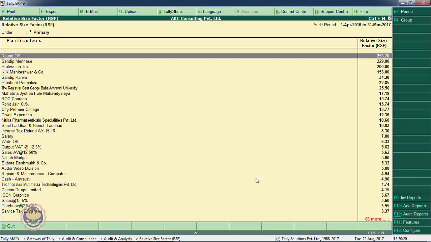So what will be the relative size factor in this case? Relative size factor, as I have told you earlier, it is the ratio of highest amount of transaction with second highest amount of transaction.